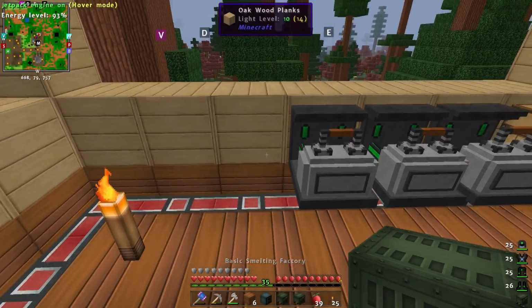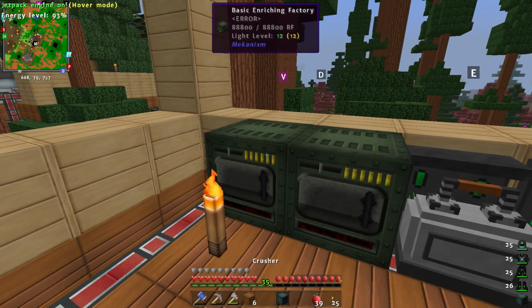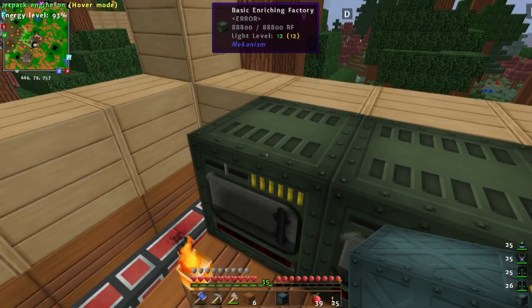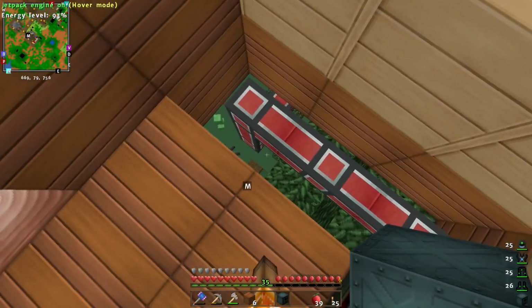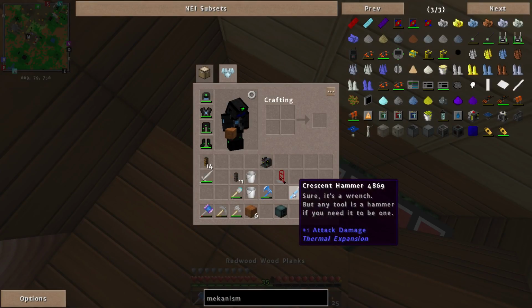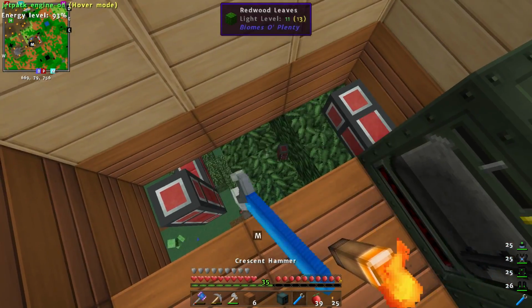So factory, I want to go there. Enriching, I want to go there. Crushing, I want to go there. Purification, I want to go there. So I probably want to rearrange this very slightly. I've gone like one too many, so let me just...